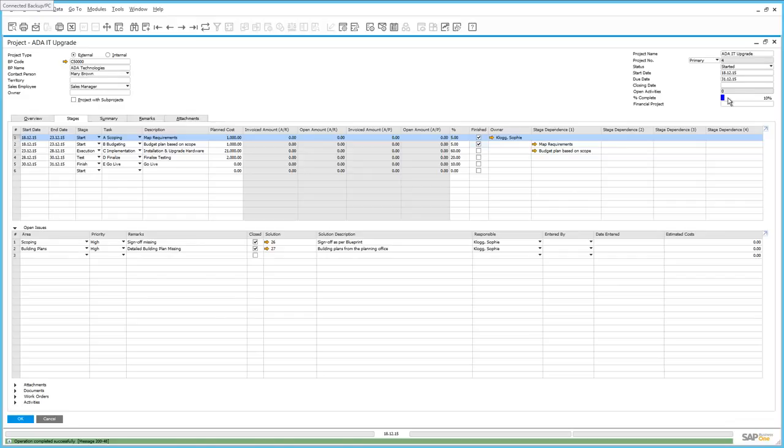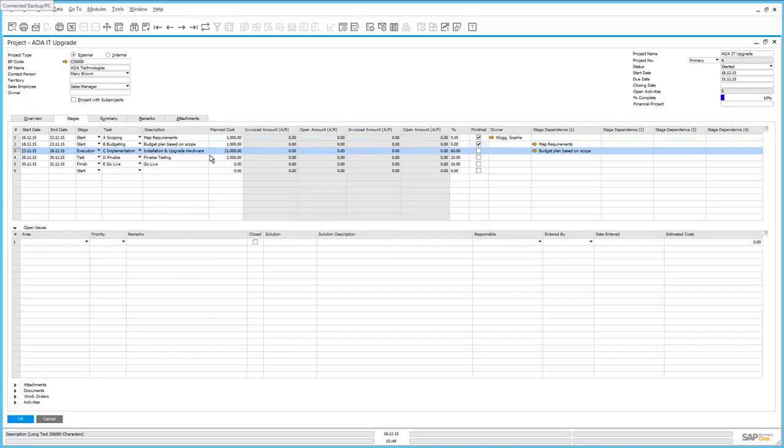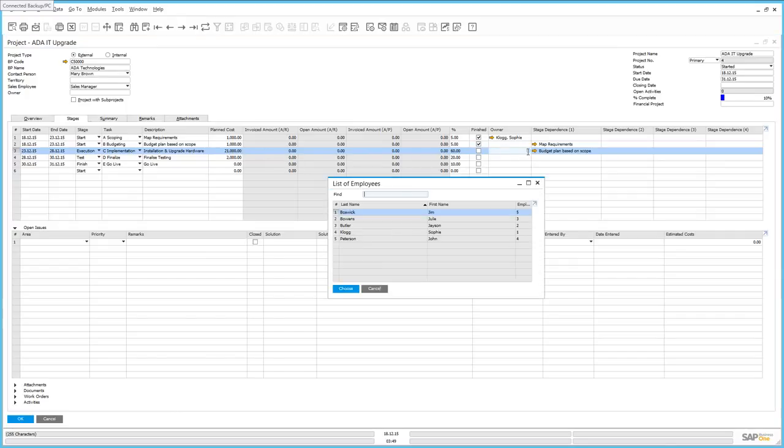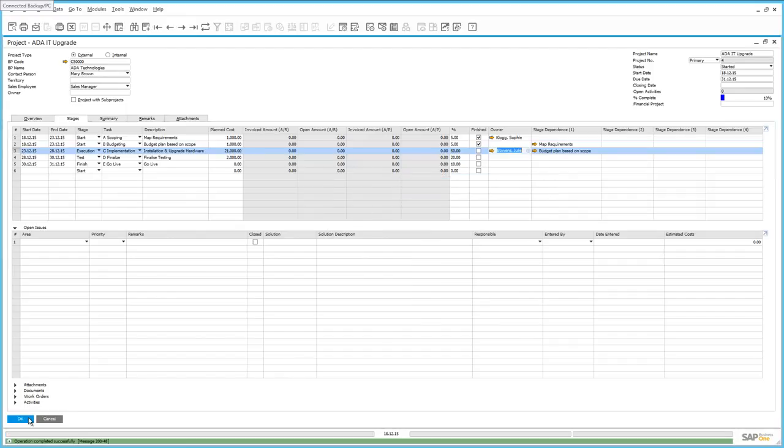Let's now move on to the actual execution of the project. So if we move on to our implementation phase, we can see that we have defined a planned cost of $21,000, and this is a result of the scoping and budgeting that was done in the previous 2 phases. The person responsible for the implementation phase is going to be a user called Julie Bowens. Julie has at least spent some time on the implementation phase, and as a result, we can now start posting